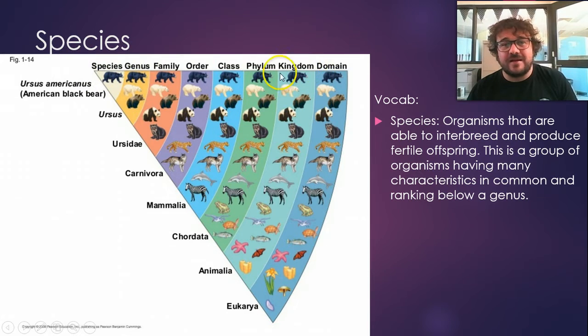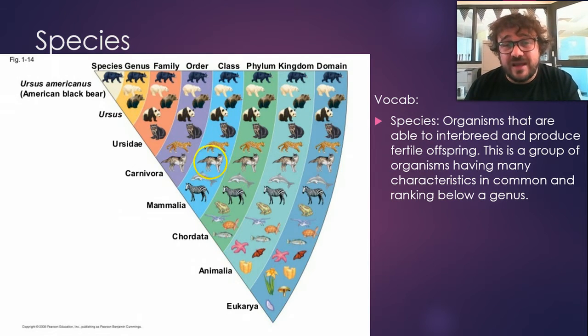We can break species down. Obviously we're looking at the American black bear here, or Ursus americanus. Ursus means bear. Basically, here we have the domain, which is Eukarya. So this is anything that has a nucleus, so nuclear-bound membranes in its cells. Cool. All right, that's everything from the bear right down to plants and fungus and so on. Then we go to Animalia, which means we kick off everything that is not an animal. And that's also pretty sweet.